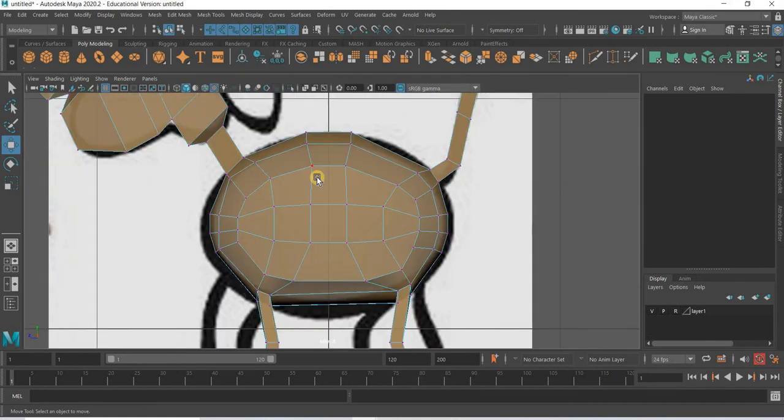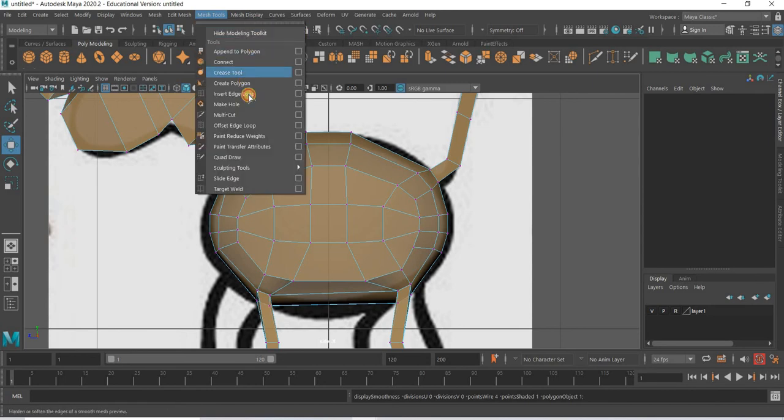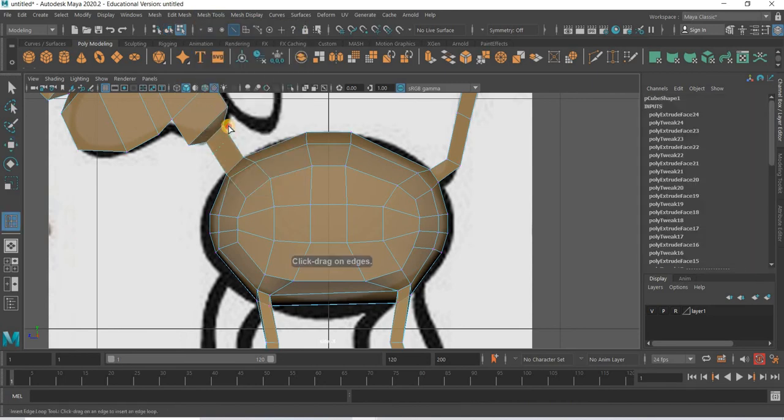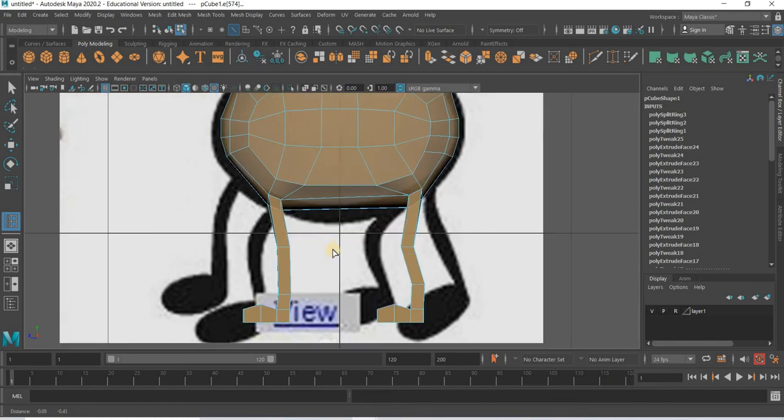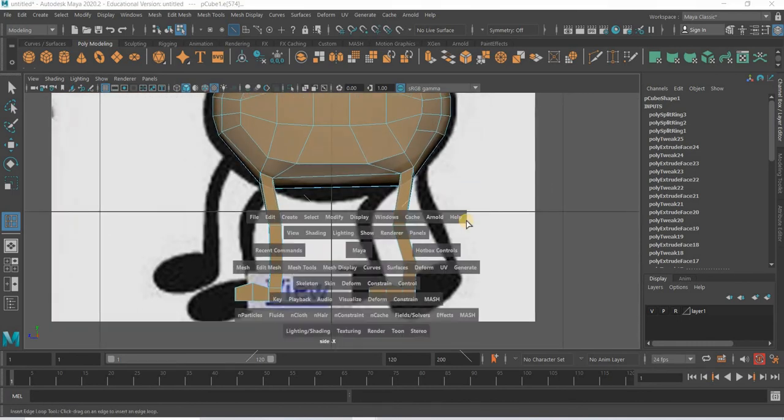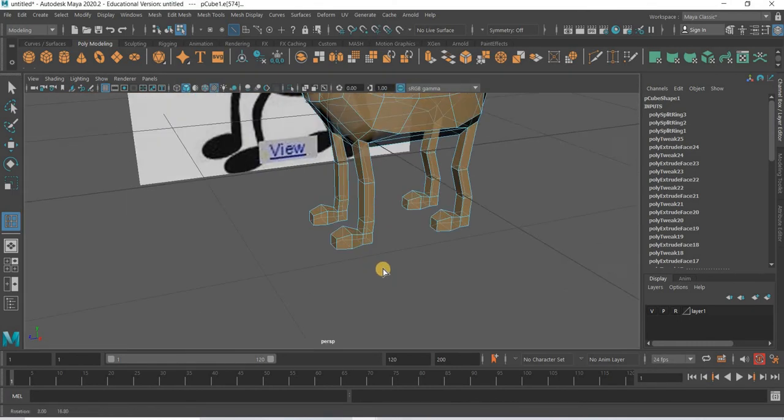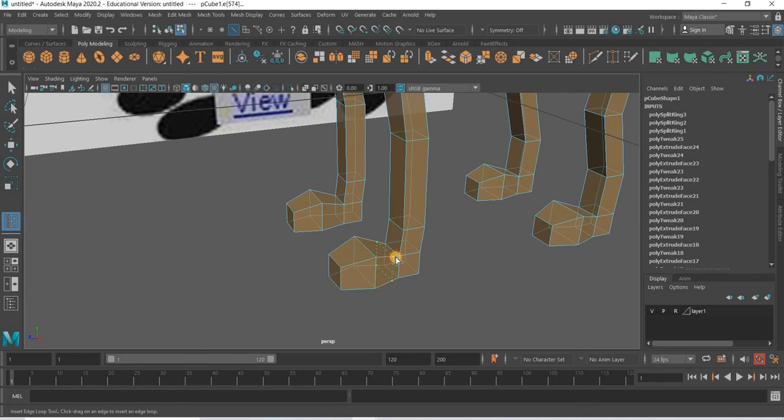Now what we need is edge loops. So mesh tool, insert edge loops. We need edge loops here and here. Every place where there is a joint, we will need edge loops. Do it here. So there's going to be a bend here, so we need an edge loop. There is a bend here, edge loop. Bend here,